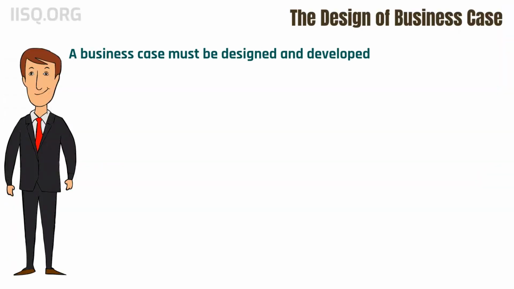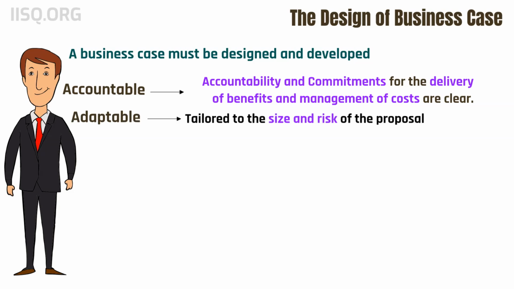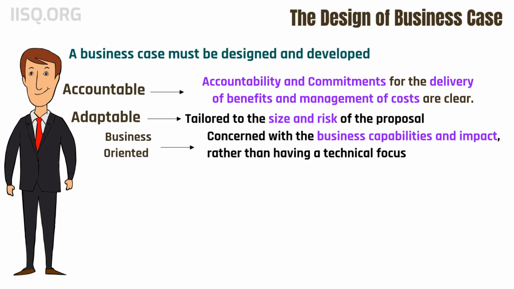A business case must be designed and developed in such a way that it must have a few characteristics. So it must be accountable. Through this, accountability and commitments for the delivery of benefits and management of costs are clear. Adaptable: it must be tailored to the size and risk of the proposal. Business-oriented: concerned with the business capabilities and impact, rather than having a technical focus. Consistent: